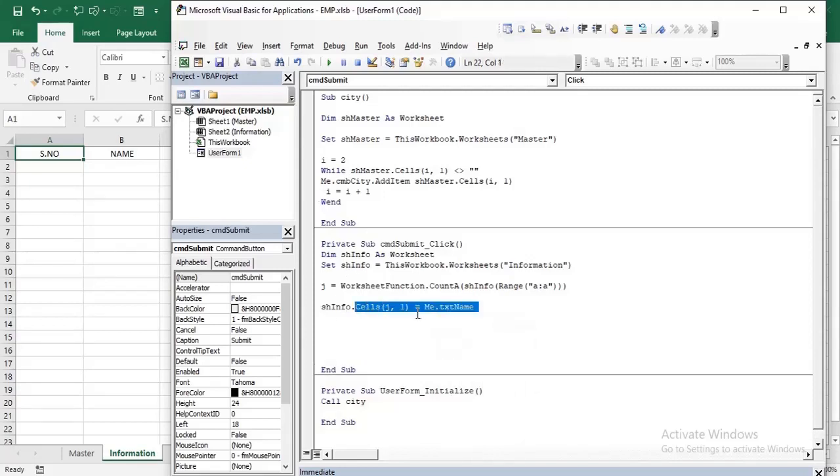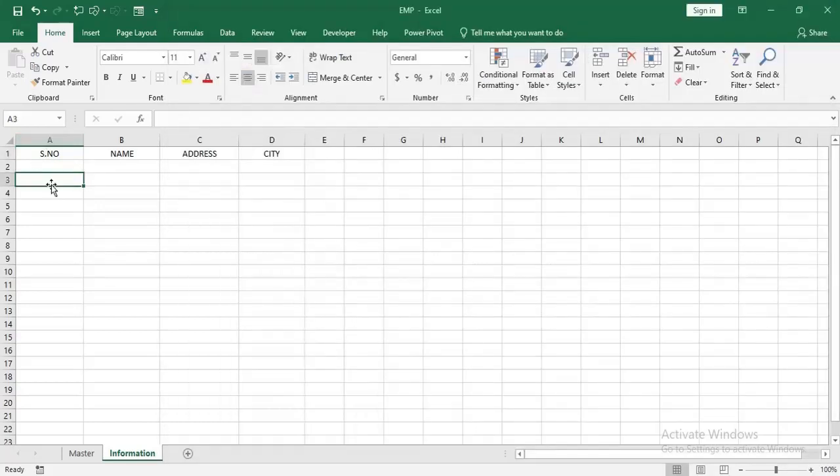So in the first cell, let's add 1 over here, because if I count this column, the value is 1, so it will override this header. I don't want to override the header, I want to move to the next available blank cell.